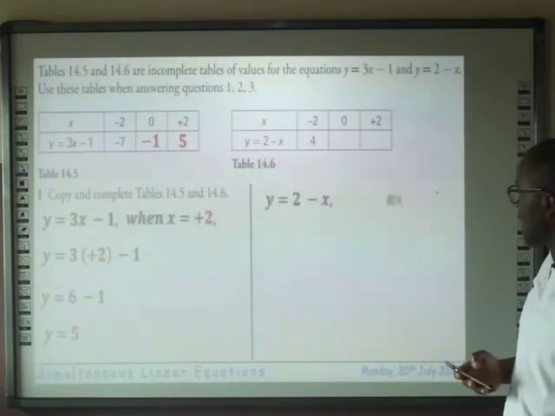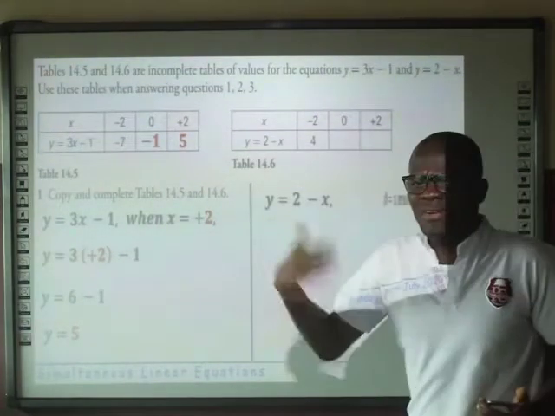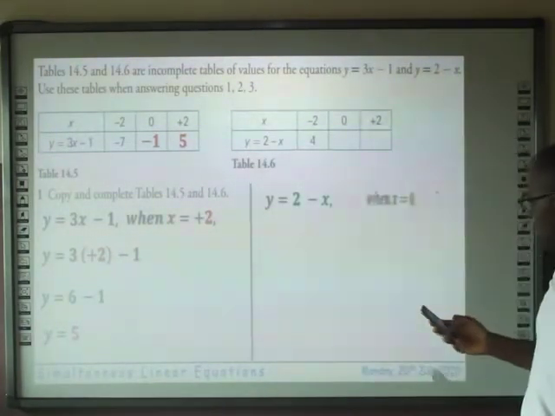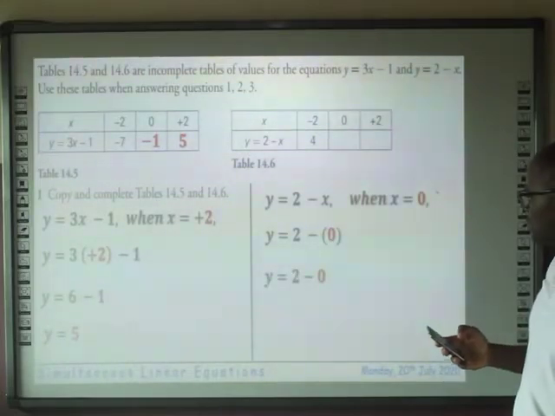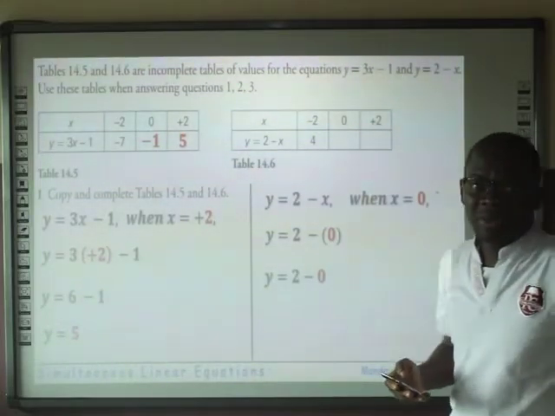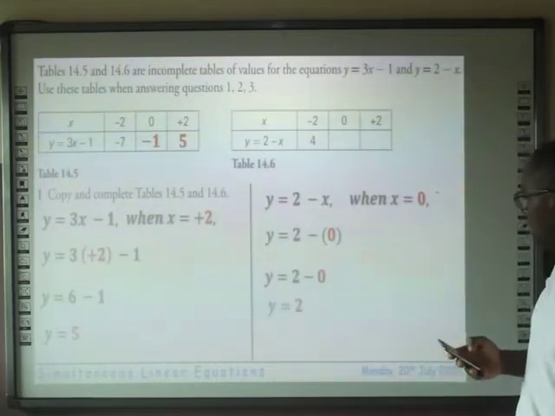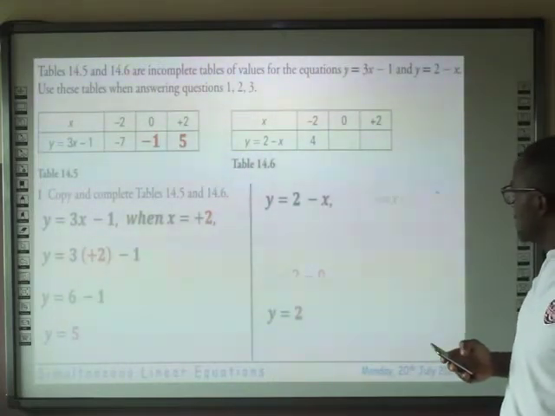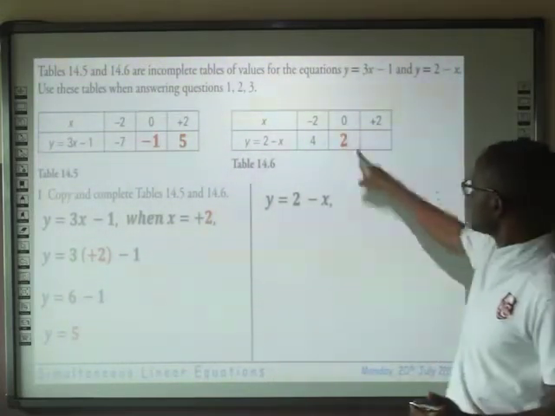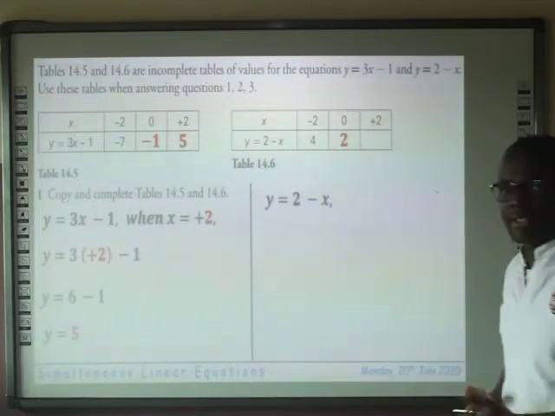So let's complete the 2 remaining entries for the table using the same equation, y is equal to 2 minus x. This time, when x is 0, that's so easy. When x is 0, you have y will be 2 minus 0, and 2 minus 0 is simply 2. Exactly. So when x is 0, y is 2. And then finally, when x is 2,